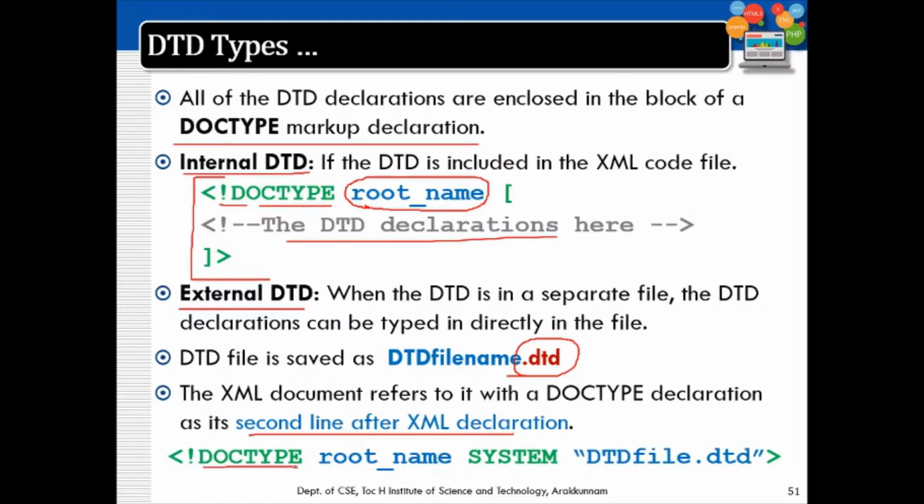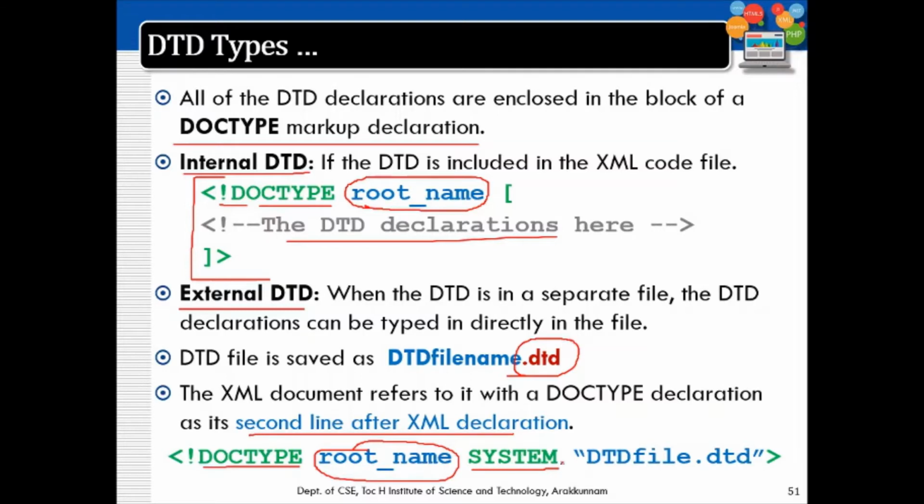Again, the doctype declaration is used, exclamation DOCTYPE. Here also we have to specify the root tag name of our XML. Then after a space you have to write the keyword SYSTEM. This SYSTEM indicates a construct similar to a path.